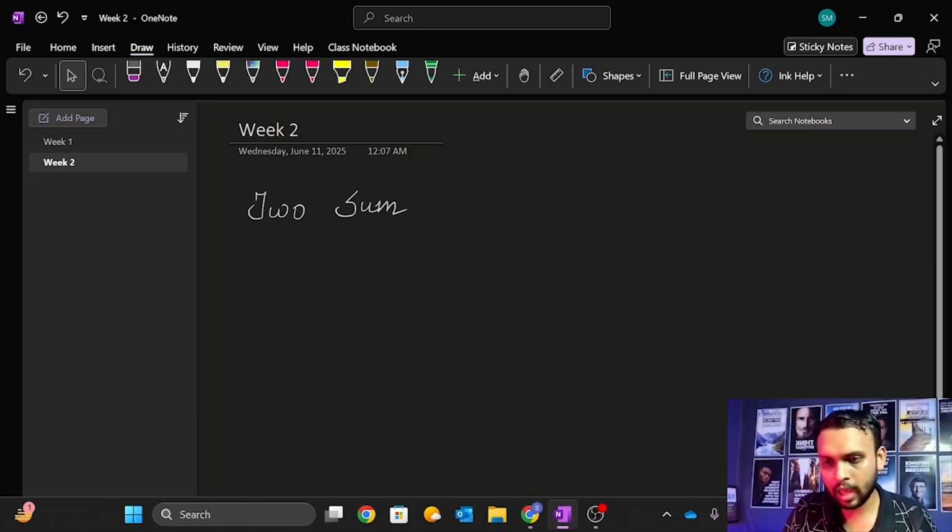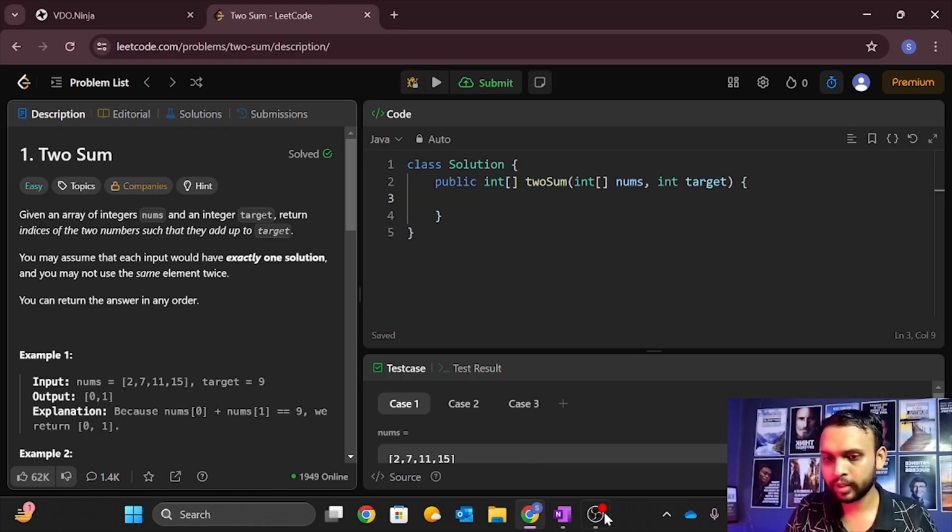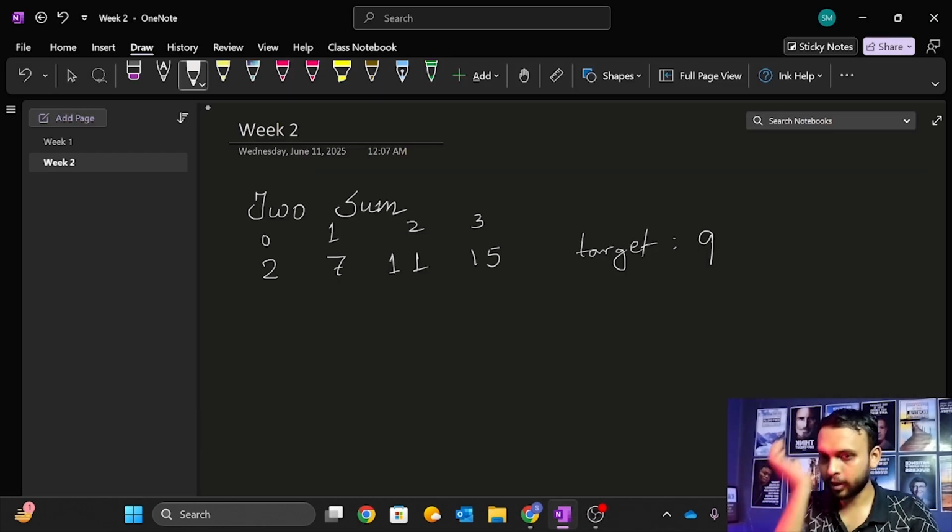So the absolute brute force approach that is coming to my mind is, for example, let me take the first example only, 2 7 11 15. So this is the target. I'll take some other targets on the same array and try to visualize different cases. So what I am saying is, guys,